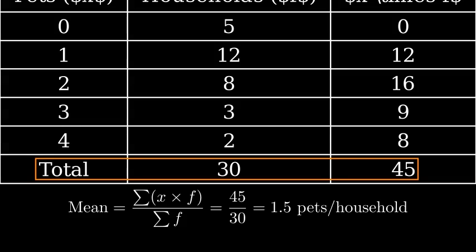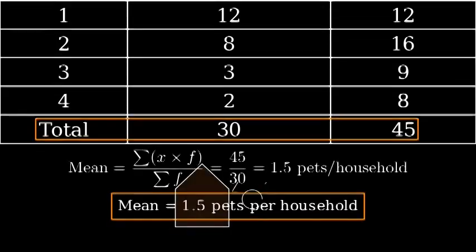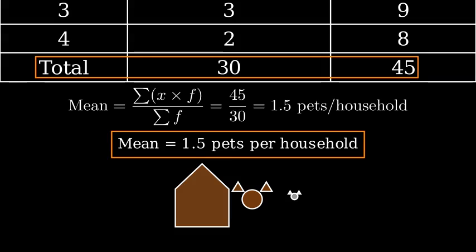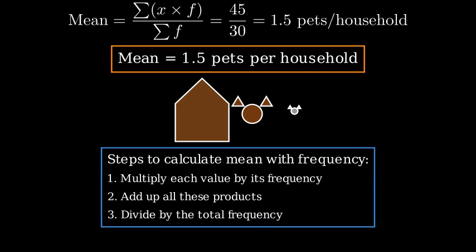What does this mean? A mean of 1.5 pets per household tells us that, on average, each household in the neighborhood has 1.5 pets. Since households can't actually have a fractional number of pets, this decimal value represents the mathematical average across all households. To summarize, when calculating the mean of discrete data with frequency: